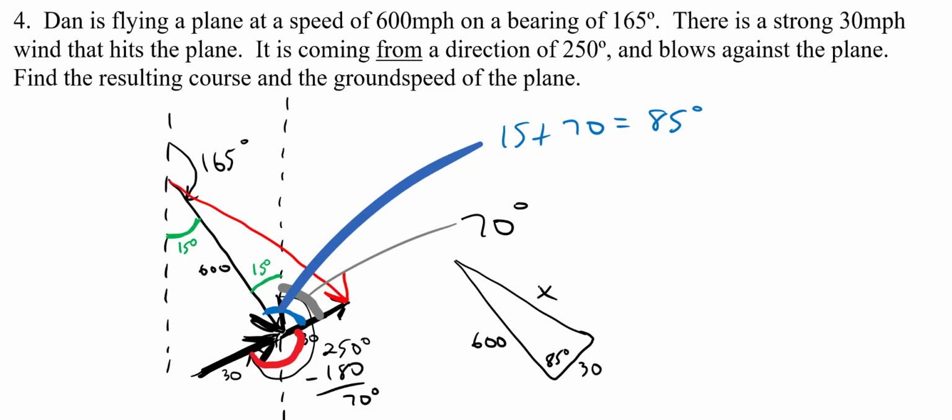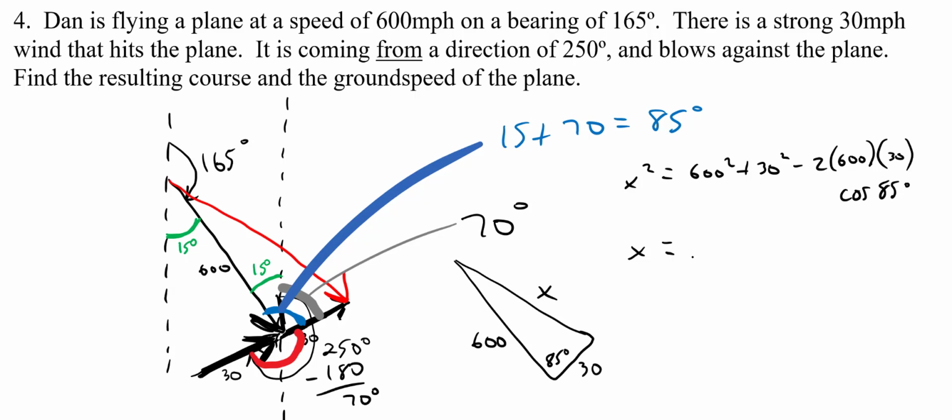It's the law of cosines. All these problems, we've got to do the law of cosines. Pretty important here. So we have x squared equals 600 squared plus 30 squared minus 2 times 600 times 30 times cosine of 85 degrees. Don't forget to take the square root, and x comes out to be